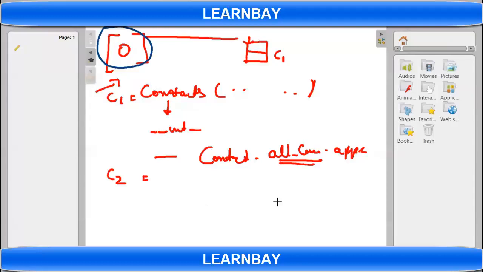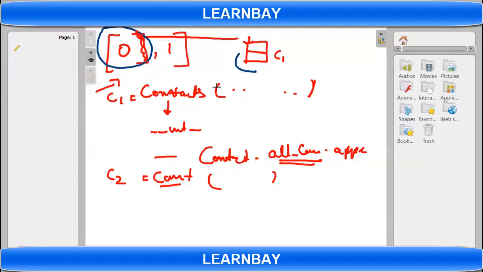We are creating C1 somewhere in memory, and finally we are appending it to this list. Similarly, when we create C2, this constructor will call __init__, and the last line in that __init__ is append to this class-wise variable. So then it will be 0, 1.